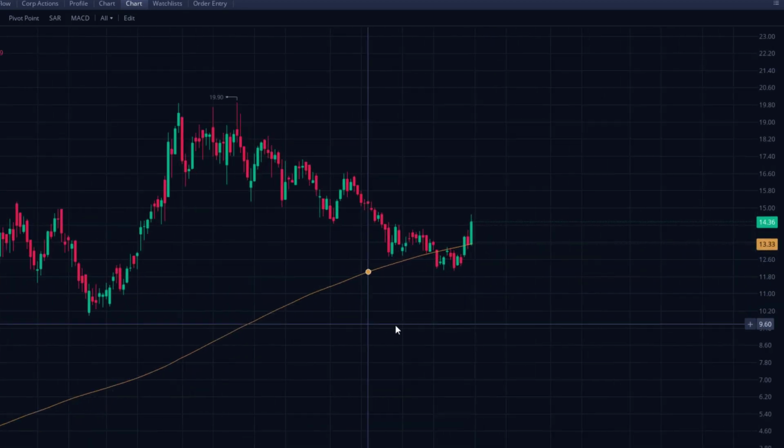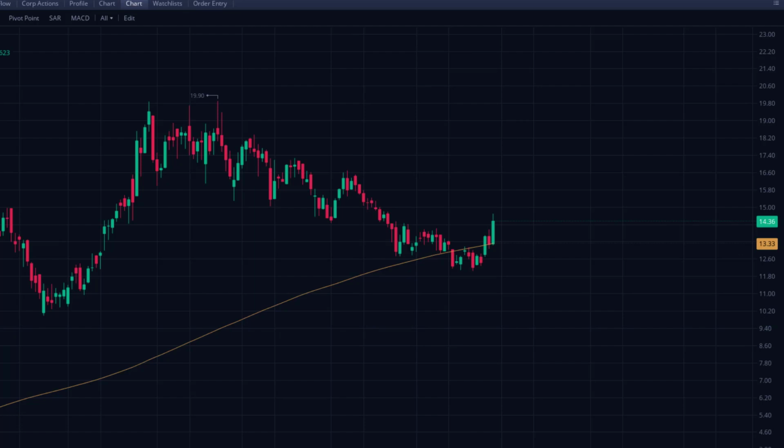And what I was looking for as the entry on this one is right here, my double bottom, right? But then I never had a bullish candle until right here. So then there was the bullish candle, and so the entry was right at this place, which is 13.36. And there's the entry. And the stop loss is right down here at 11.86. Now this particular trade, I got in a little late, but there's something you might notice.